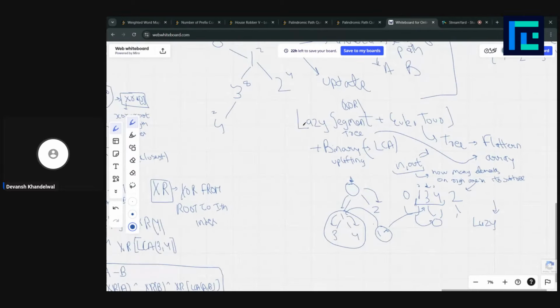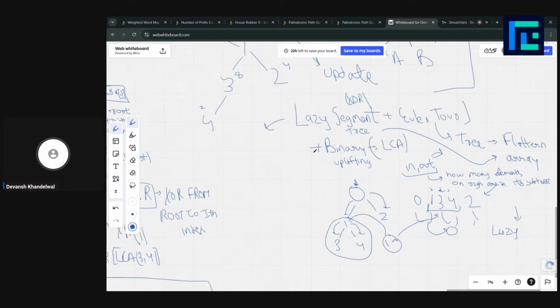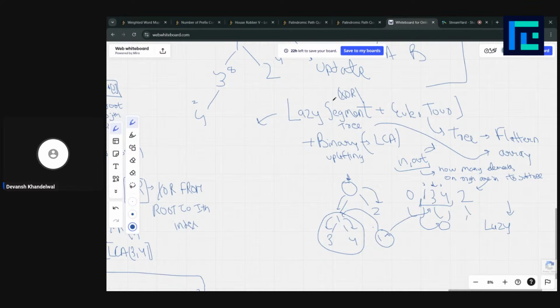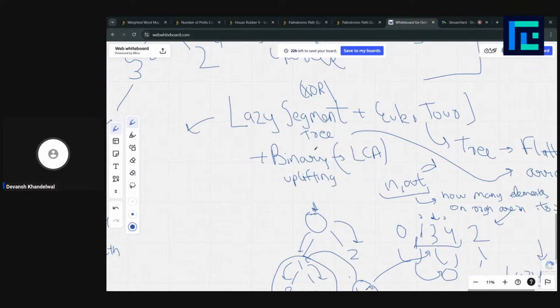So basically a lazy segment tree is used when we need to update a range. But if we are using it with an Euler tour on a tree, we could easily update a subtree, right? So this is how we are going to implement it.